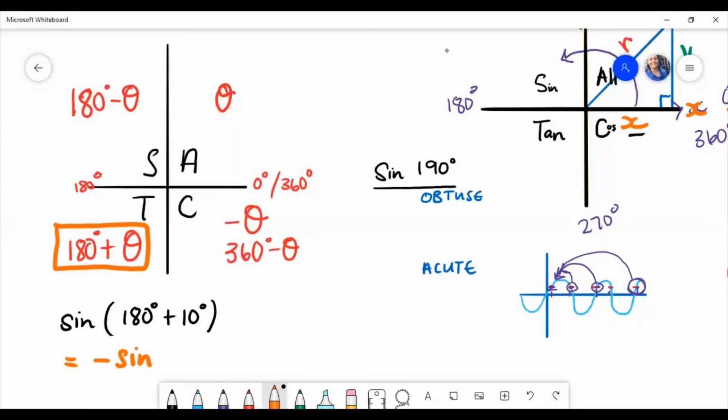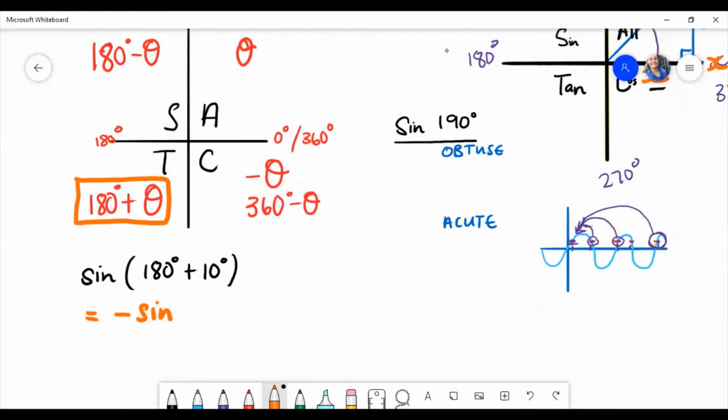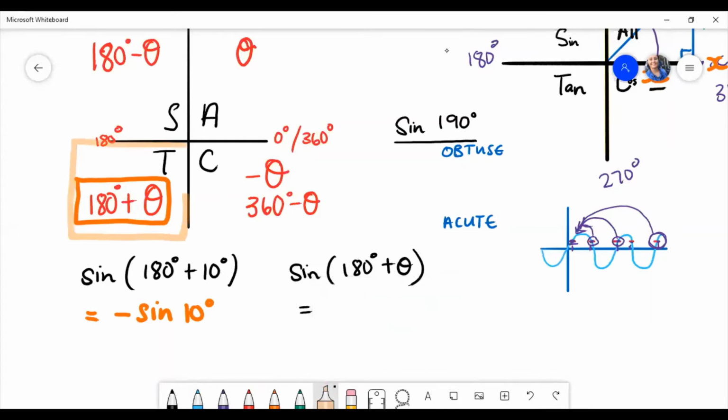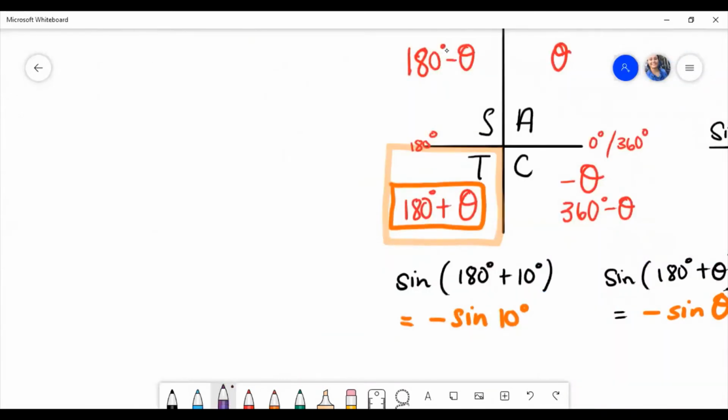And I reduce 190 degrees straight to 10 degrees. Because the rule states that sine of 180 plus theta is reduced to, according to this quadrant, negative sine of theta. And you can do that for every single ratio. I can give you cos